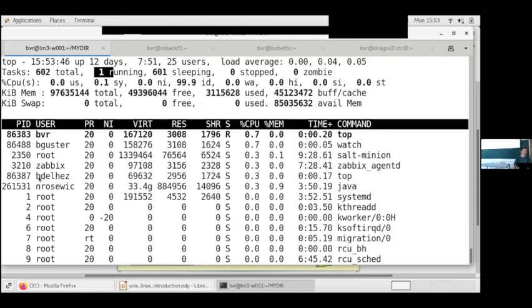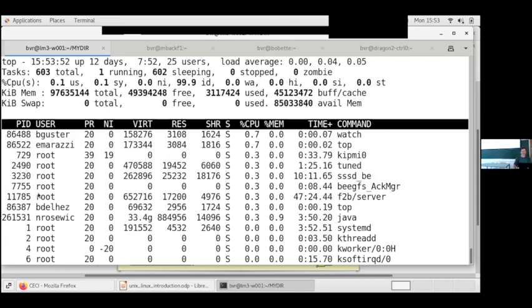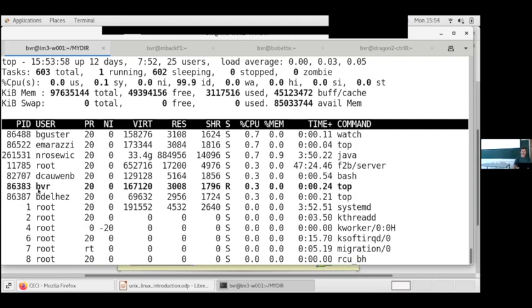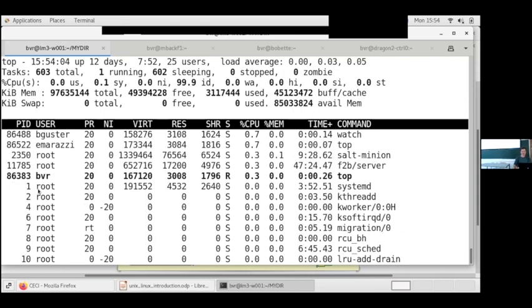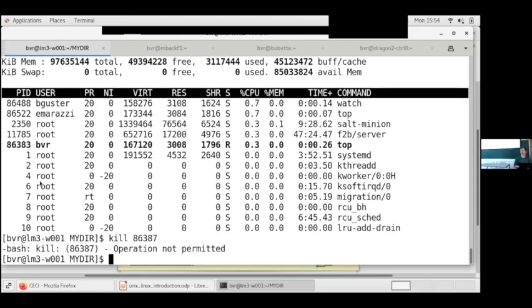You see the state of the process. The running process is owned by BVR. There is somebody who is typing watch. It's another process, and the PID of this process is this one. Now, top. If I try to do this kill, this one, what will happen? Not permitted, because I'm not the owner of this top. But if I wanted to kill this one, it would be allowed, but no, I have to open another, for instance,